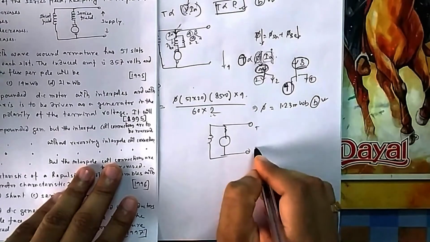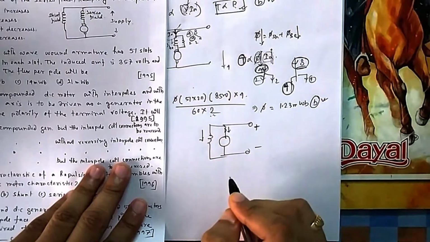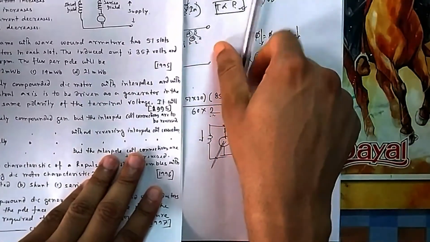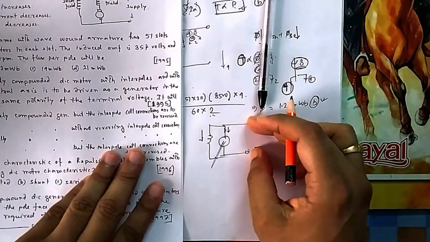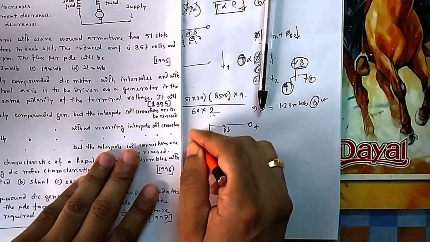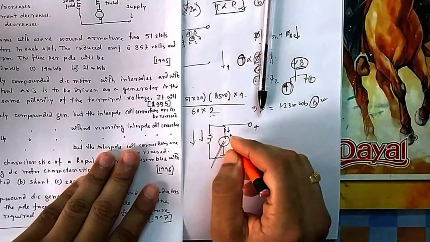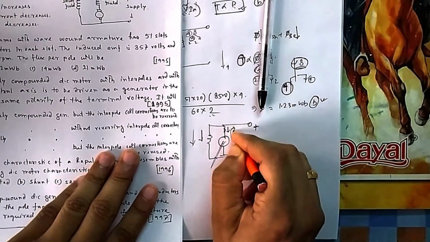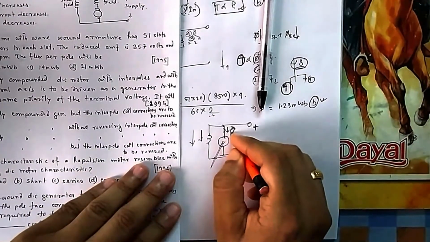Suppose this is the motor initially, so obviously the shunt current is in this direction, the armature current is in this direction, because it was acting like a motor, it was getting supply. Now if you make it a generator, this output is fixed, this polarity is fixed, obviously this will also be fixed, because then the current is this. Now it is generator, you are feeding power, so the current will come out. So you can see the armature current direction is changed, so the series field direction is changed.